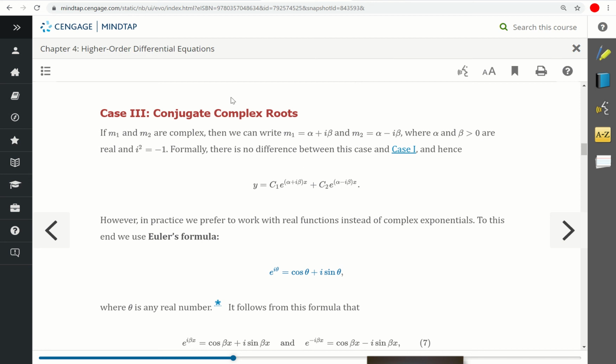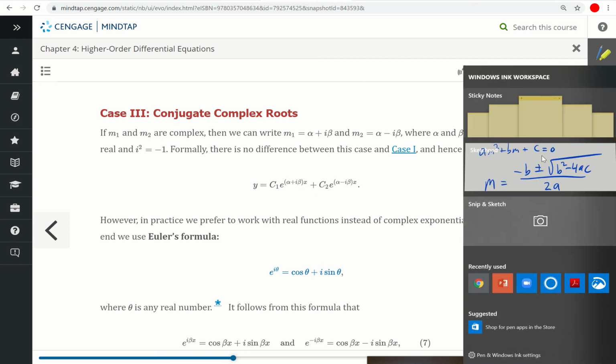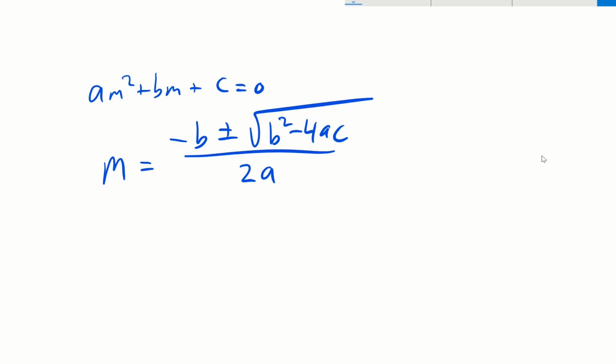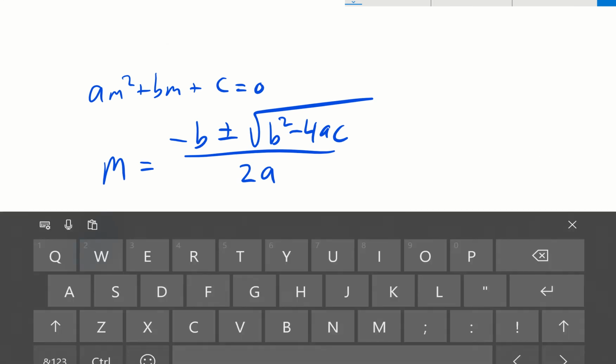But we know that m1 and m2 in the complex case are going to be conjugates of each other. And then to make sense out of this, we want to recall Euler's equation, or Euler's formula. Euler's formula says if you take e to a complex power,